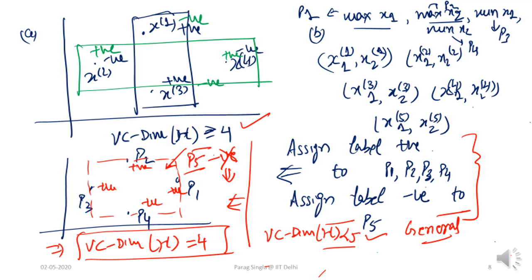And you can show that a similar argument will work for any rectangle that we try to construct, because in order not to miss any of these 4 points, the rectangle must cover these 4 points and span a space in the 2D space where P5 must be inside this rectangle, and that will lead to a contradiction. This is a semi-formal argument to show that there is no rectangle which can achieve this particular labeling constructed in this manner.